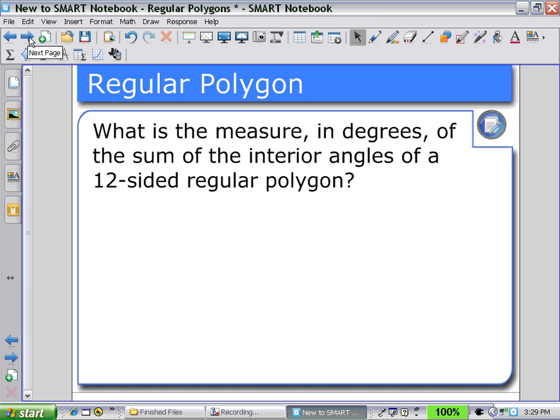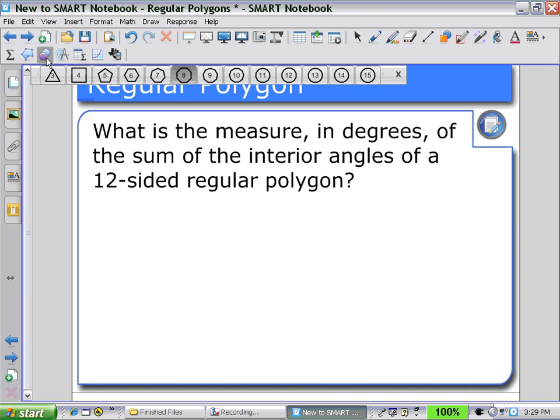Here's another example where we can use our regular polygons tool. What is the measured degrees of the sum of the interior angles of a 12-sided regular polygon? So again, from the secondary toolbar, selecting from my regular polygons, and now selecting a 12-sided polygon, drawing one nice and big